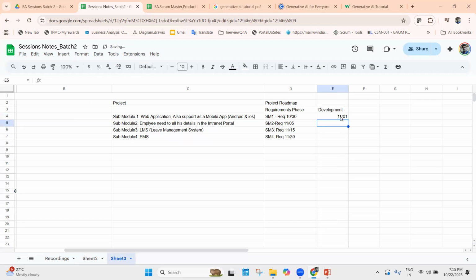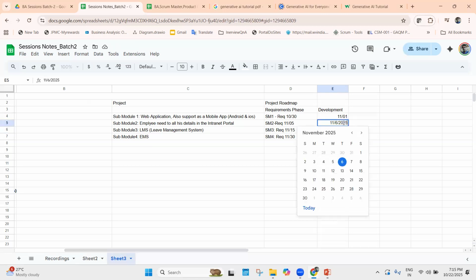And if it is November 1st, then these requirements, I said, should be completed by November 5th. So the development should start by November 6th. And I have mentioned the requirements for this are going to complete by November 15. Let's assume this will take